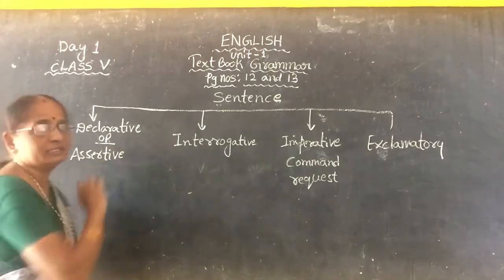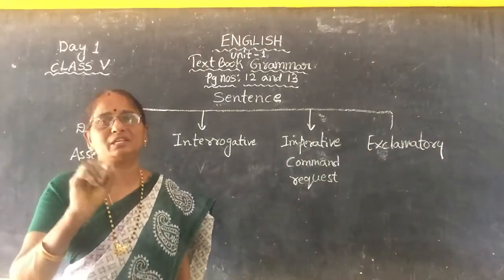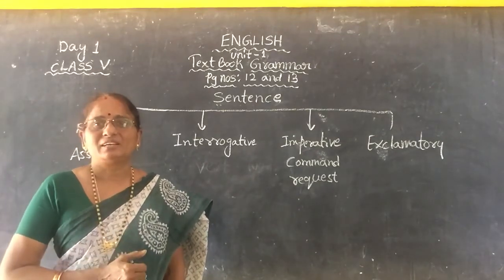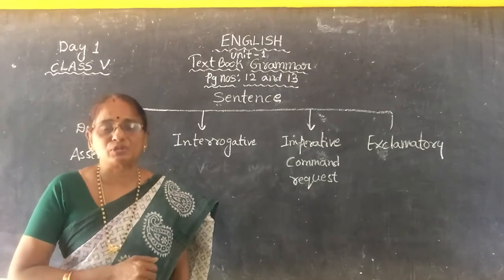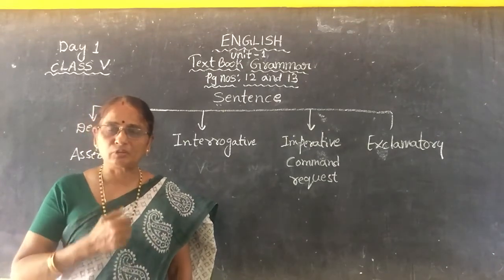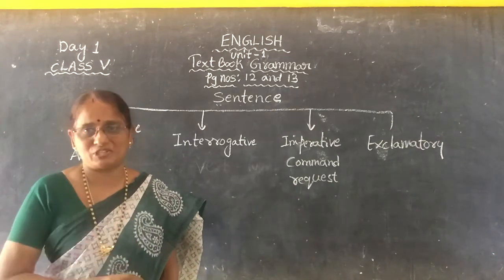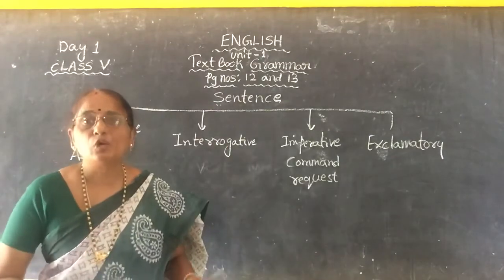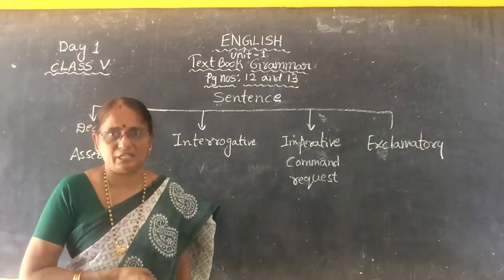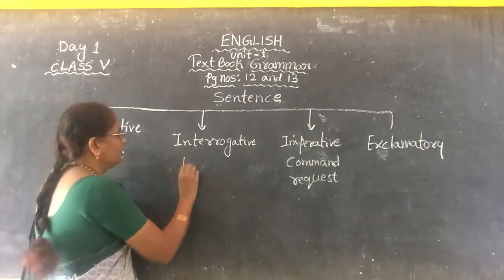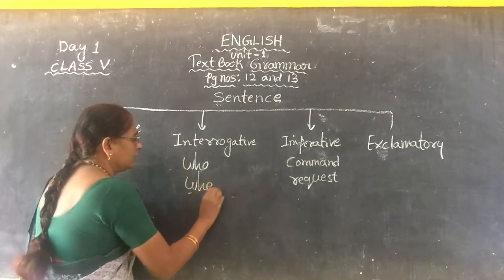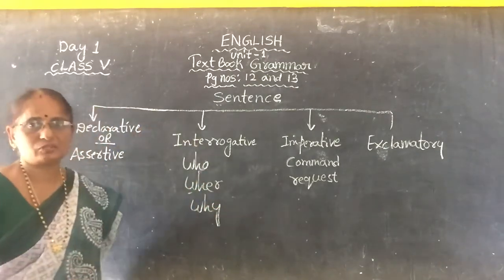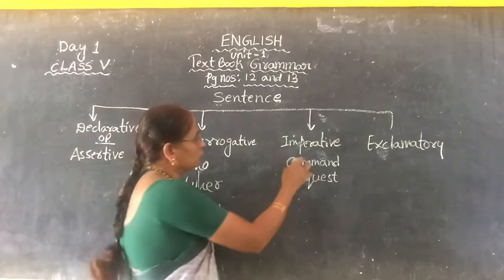Okay children. Coming to interrogative sentence, there are some question words in English grammar. Why, where, what, which. Where did you go? Why didn't you come to school? Why are you taking my pen without my permission? You are asking questions. Whose chalk piece is this? Whose textbook is this? Whom do you want? These are all question words in English. So you are questioning. It is who, where, why, what, isn't it? These all come under interrogative sentence. Okay, you are questioning.